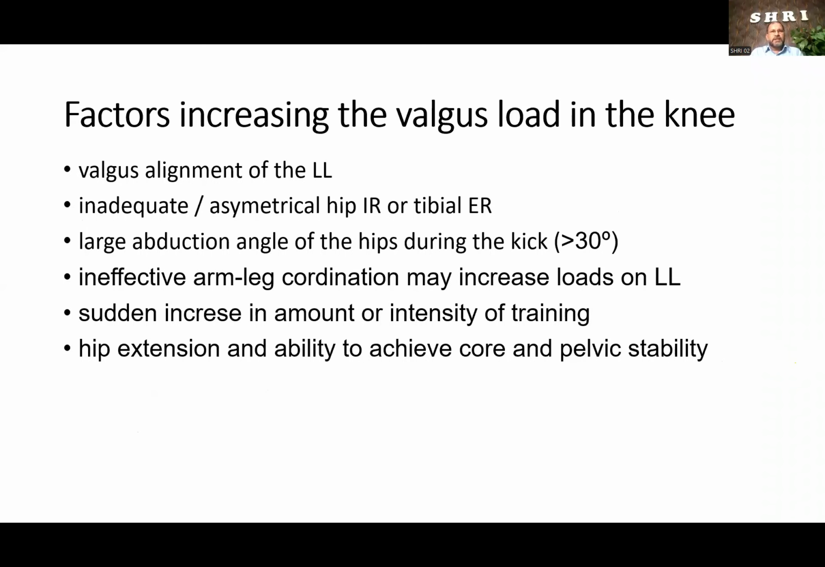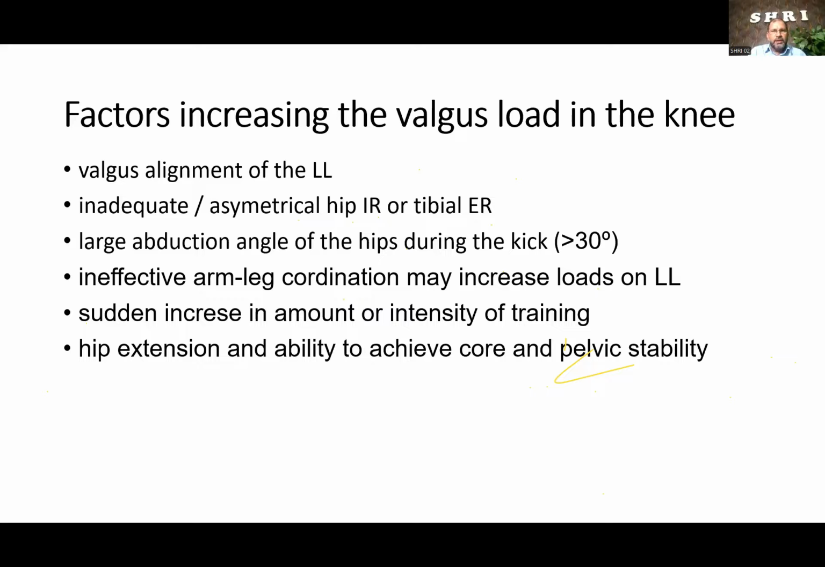So these are the factors increasing the valgus load in the knee. So, valgus alignment of the lower limb. If the foot is overpronated, there's a high chance of getting valgus knee. The second one is inadequate or asymmetrical hip internal rotation or tibial external rotation. This also will increase stress, strain on the medial aspect of the knee, and large abduction angle of the